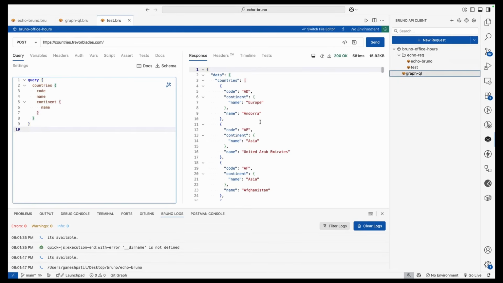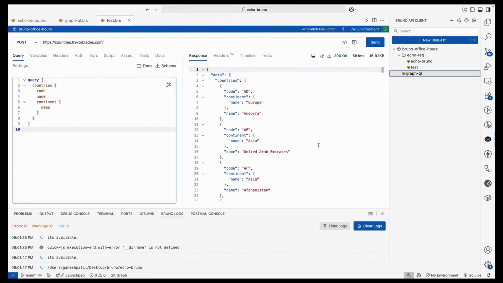So the idea is this: the UI is completely the same as we have in Bruno, to give more similarity to the Bruno app in the VS Code extension. You will also get Bruno logs, which is very helpful in terms of understanding the scripting part. If you have any issues, you can debug quickly. You can quickly understand what's going wrong in your scripts, and you can reproduce the issues. So it is really helpful in terms of solving issues, and you can do pretty much everything here with scripting,